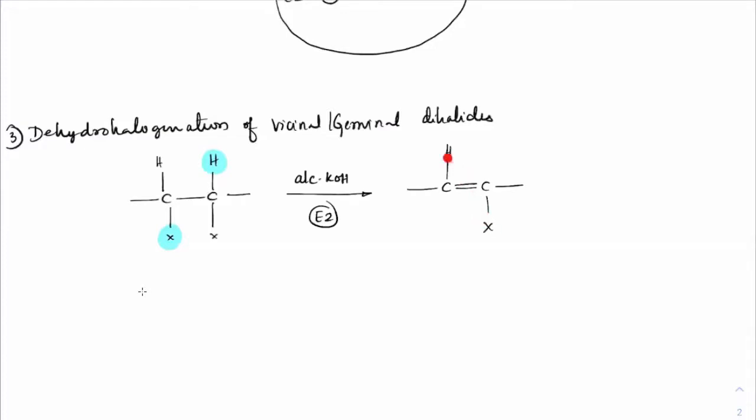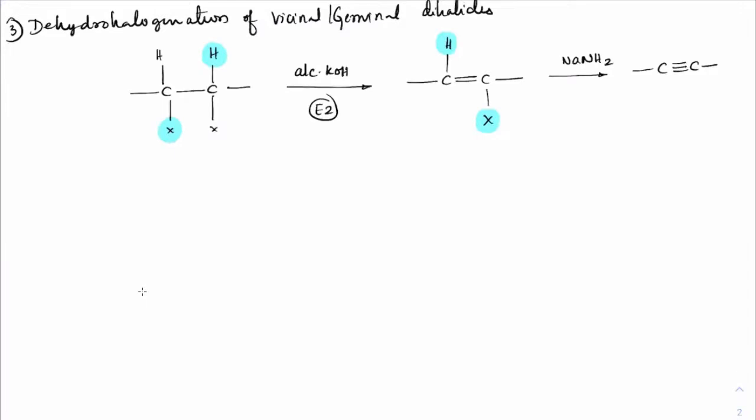See, after here, I can't use alcoholic KOH again, because here you require an even more powerful base like NaNH2. So through NaNH2 again, I can remove this X and H. So E2 is possible here to form finally C triple bond C. Got it? So two equivalents of alcoholic KOH do not give a prominent product of alkyne. But if you first take the reaction with alcoholic KOH to form this vinyl halide, the vinyl halide can also be relieved by NaNH2. Correct?